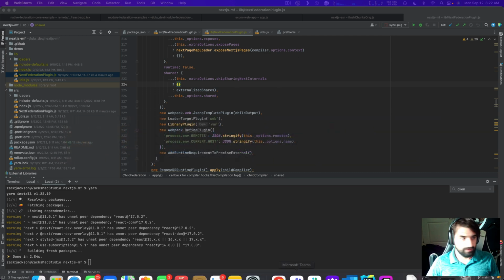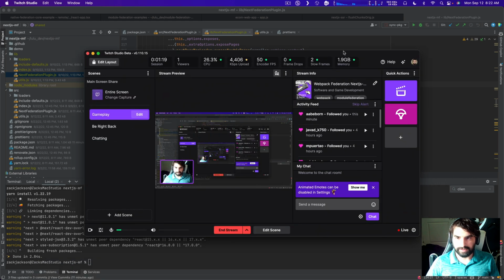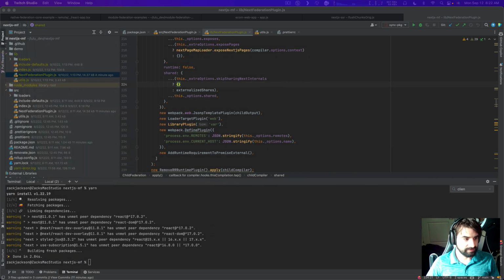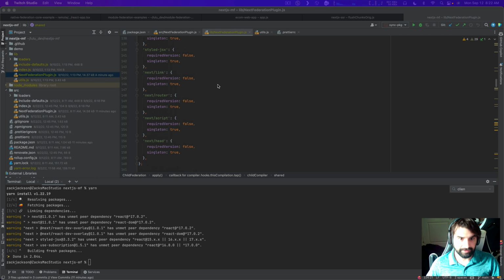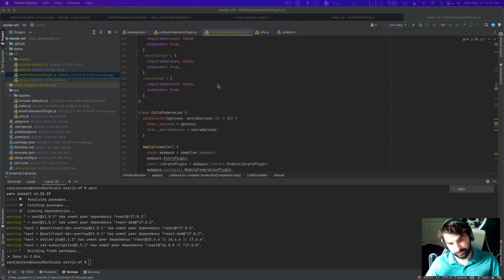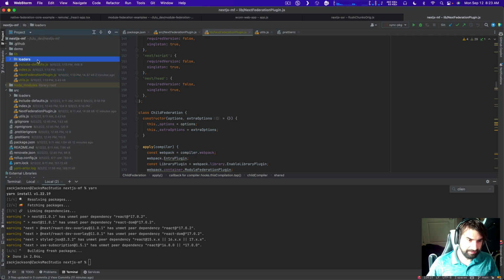So what that actually means is, in the scenario that I've got here, I need something similar to publicPath auto, but inside of Node.js. PublicPath auto is the ability for the container to figure out the URL that it came from to load the rest of its chunks. So it allows us to not have to hard code a location from where the remote comes from. Currently, I have something like that implemented, but it only works within the local scope of the current